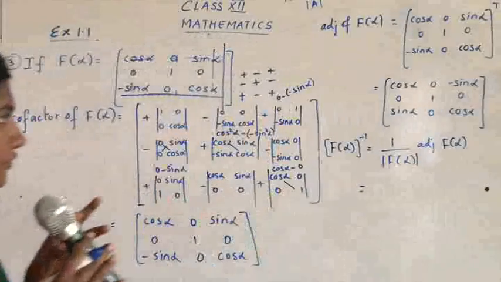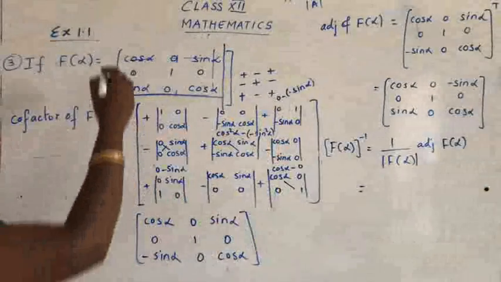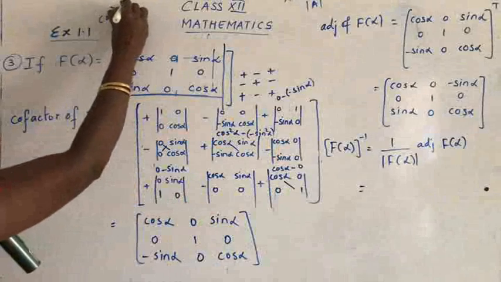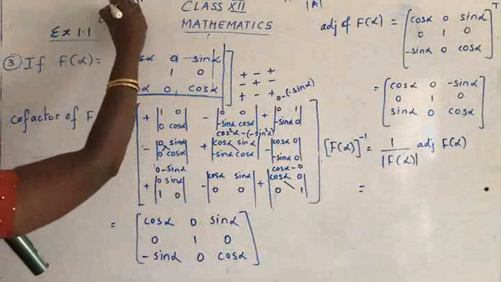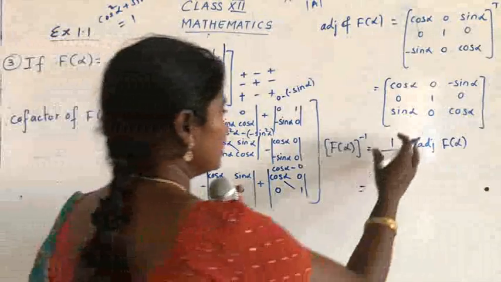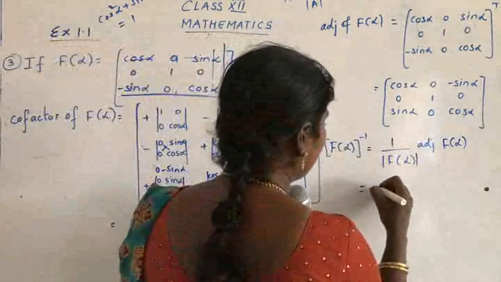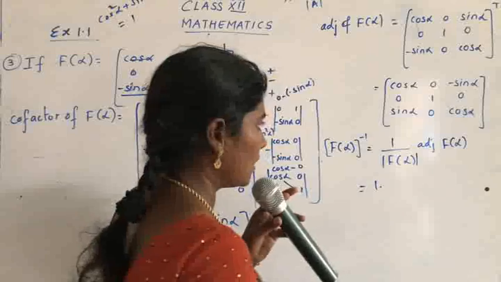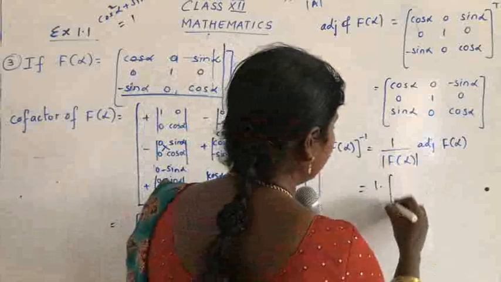The determinant of F alpha, you have already got the value as 1. Yes, we found cos square alpha plus sin square alpha is equal to 1. That was our first step. So we have the determinant of F alpha as 1. Put there 1, so 1 by 1 is nothing but 1. This term vanishes and you have only 1. I have just one more step: 1 into adjoint. What is the adjoint part?